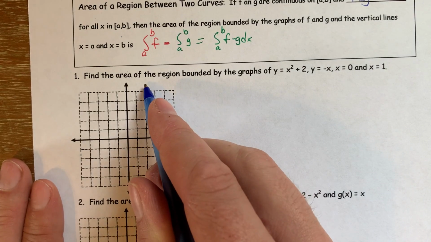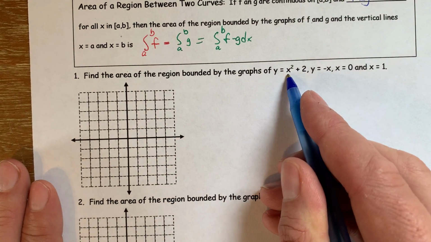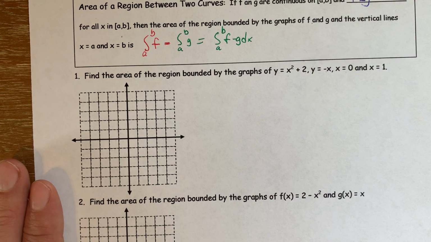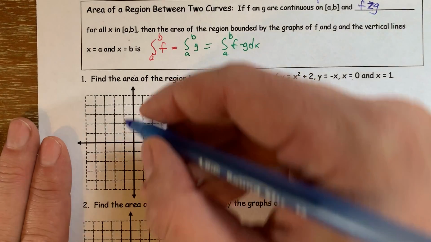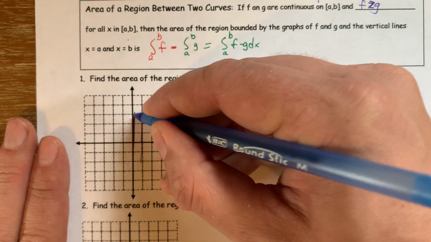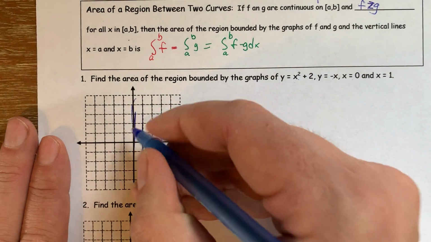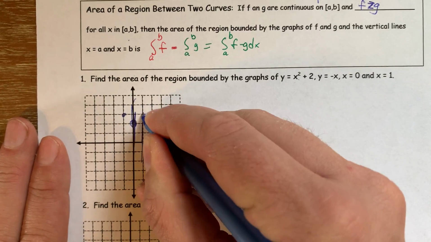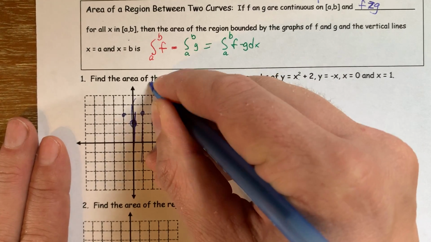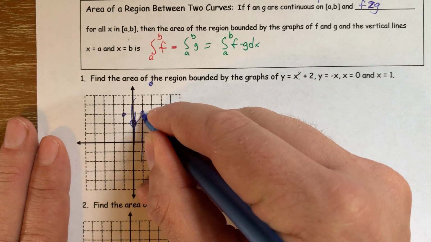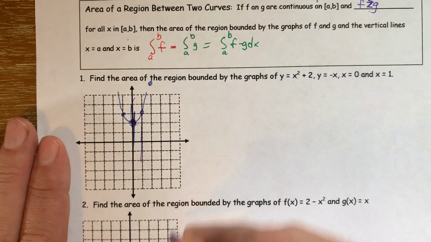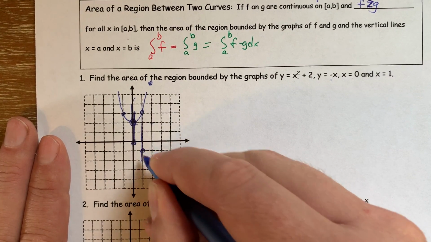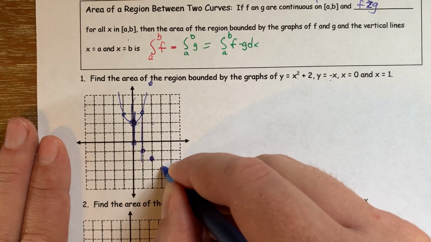So we want to find the area of the region bounded by the graphs of x squared plus 2, negative x, 0, and 1. So I think it's worth drawing it first. Here's x equals 0. Here's x equals 1. X squared plus 2 is a quadratic, so 1 squared is 1, 2 squared is 4, it'll be way up here, kind of looks like this, and negative x, which looks like this, has a y-intercept of 0 and a slope of negative 1,